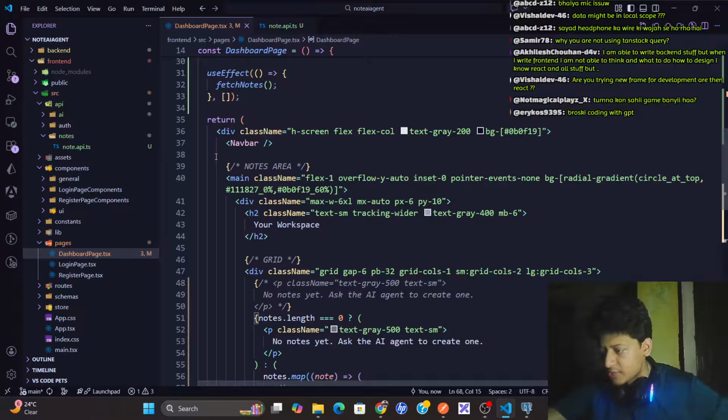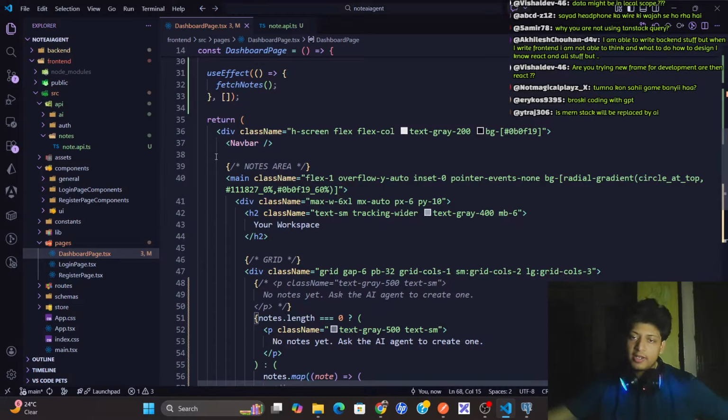Akhilesh Chauhan, hello Akhilesh, welcome to my stream. I'm able to write backend stuff, but when I write front end, I'm not able to think what to do, how to design, and I know React and all that stuff. Okay, see, if you are able to write backend properly, it means that you are able to understand the flow of the application, right?